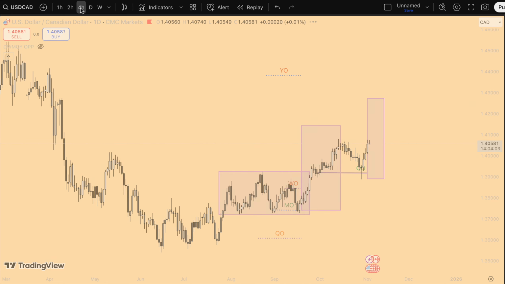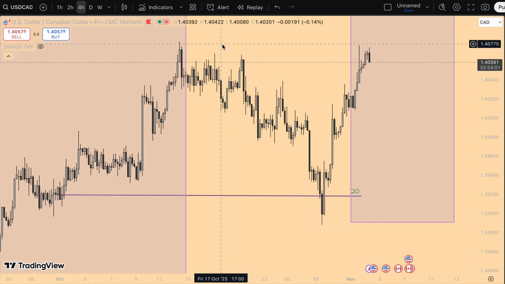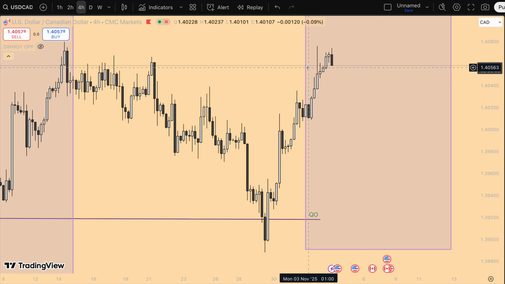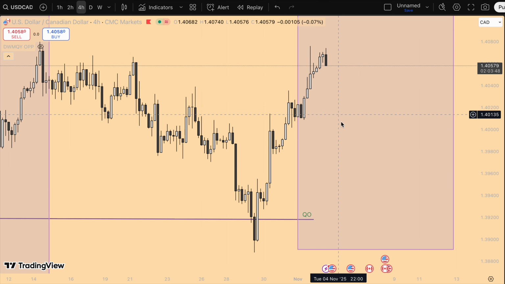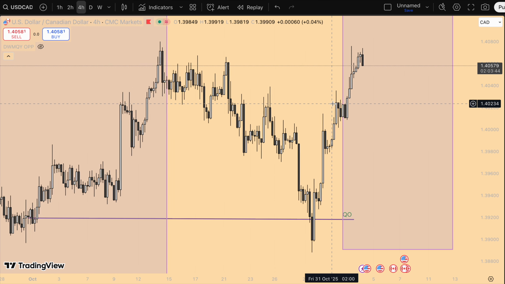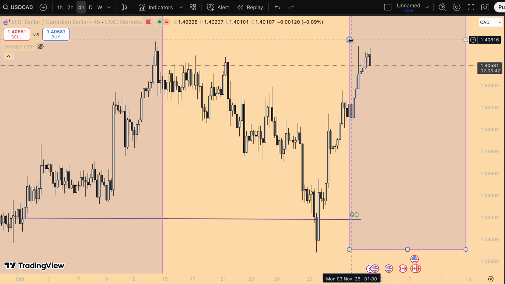So I'm still interested in higher prices on this, right? But first, perhaps we look for some liquidity lows right here. Maybe we grab some lows, and then from there we can start pushing up, hopefully. So if we come here and take out the low, I would be interested in looking for some new positions. Let's see how that works on USD CAD.